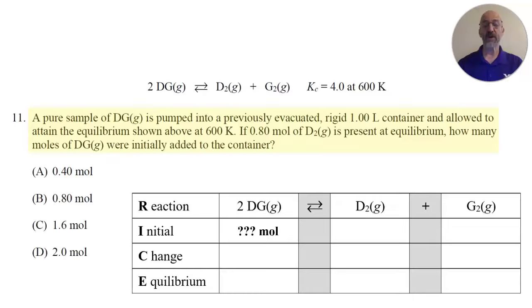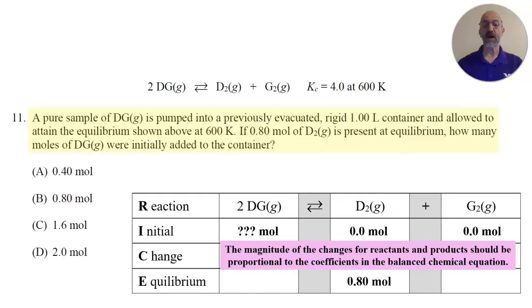So we don't know the number of moles of Dg that were initially added to the container. However, we do know that substance Dg was in fact the only substance that was added initially to the reaction vessel. So that means that initially 0 moles of substances D2 and G2, the products, were present before the reaction occurs. Now, the 0.8 mole of substance D2 is present at equilibrium, and in terms of the change, remember that